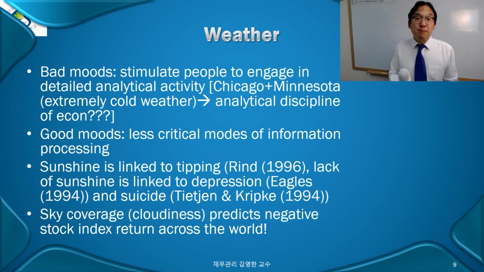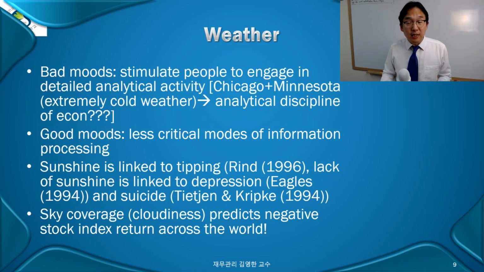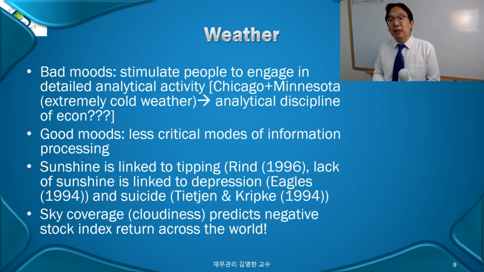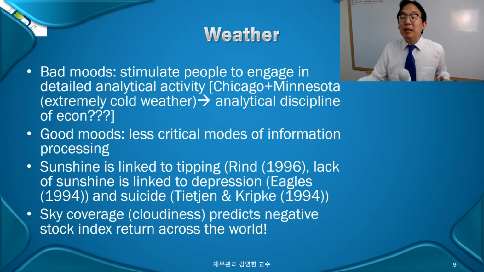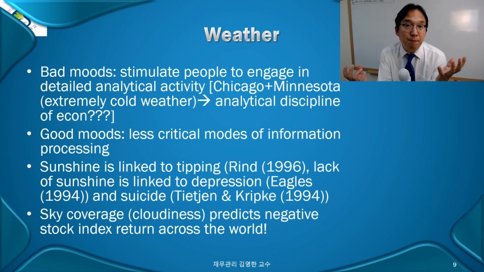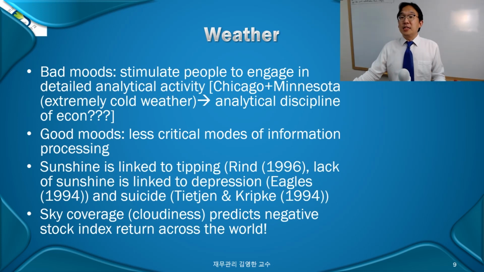Okay. Other things being equal, all these economic factors controlled, right? We're talking about this big data analysis. And then common things are found throughout the world, using different stock markets. And why is that the case? On cloudy days, people tend to have more critical thoughts about risk and return and all these kinds of things, try to analyze more deeply, and become much more pessimistic than before. So that pessimistic mood associated with the cloudiness gets priced a little bit. Okay, systematically it is there.